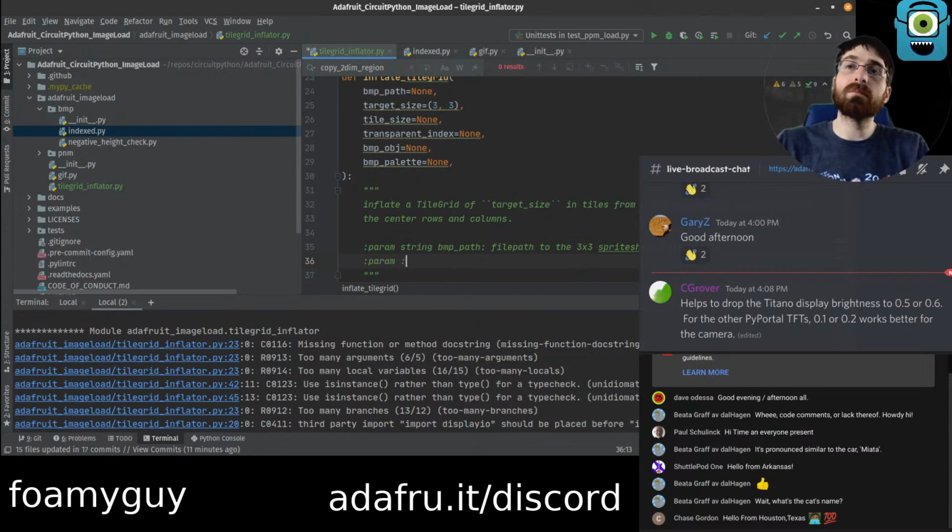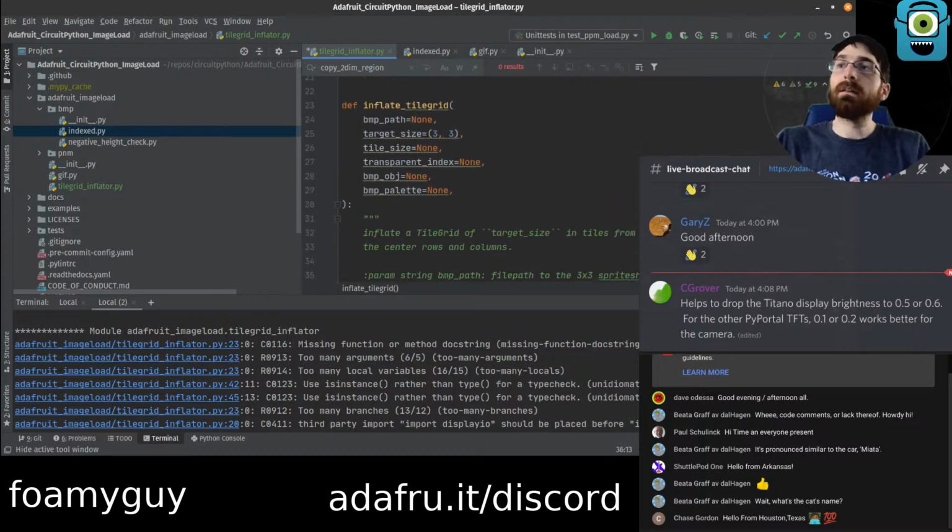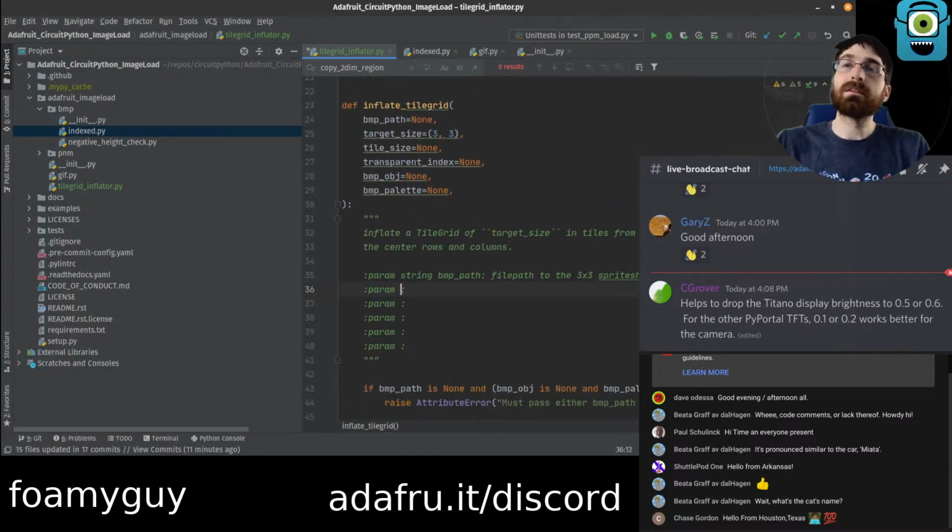Target size is a tuple. Desired size in tiles. Target width, target height.